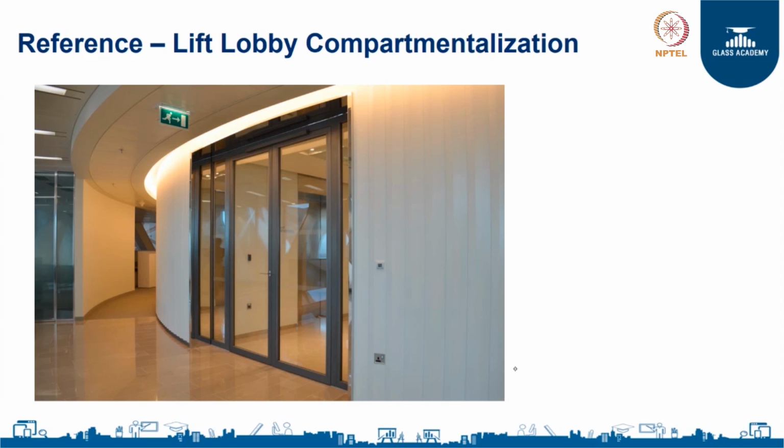So, now we go back to our basics. The whole point of passive fire protection is to make sure that the fire is restricted or contained to the point of source itself. The whole point is to make sure that the fire does not spread, and how we use fire resistant walls, doors and floors to achieve this purpose.